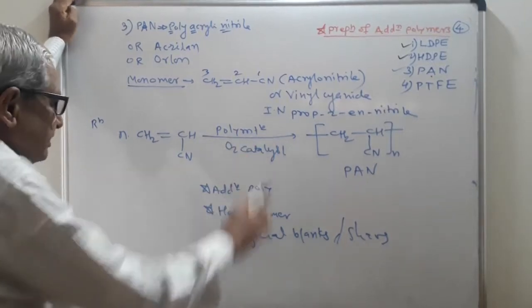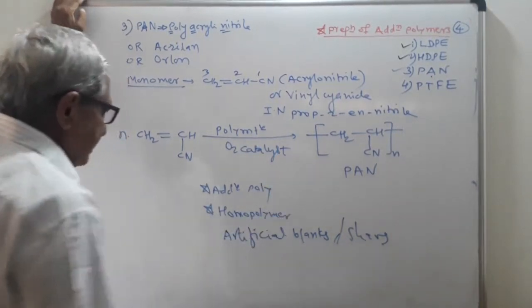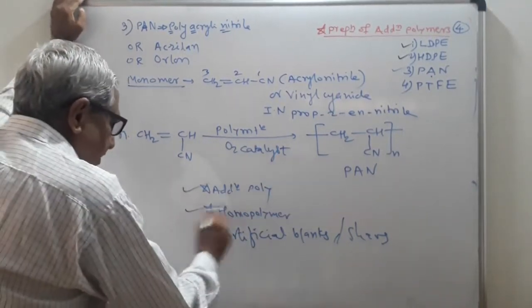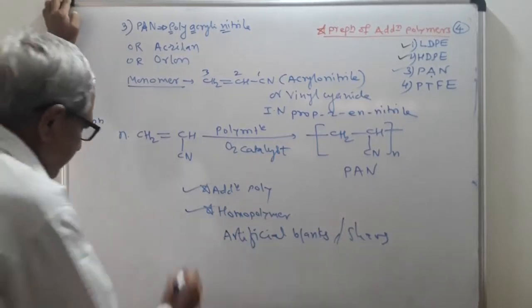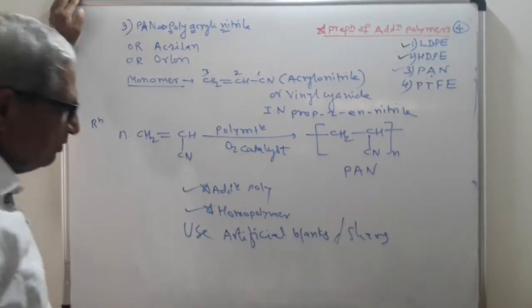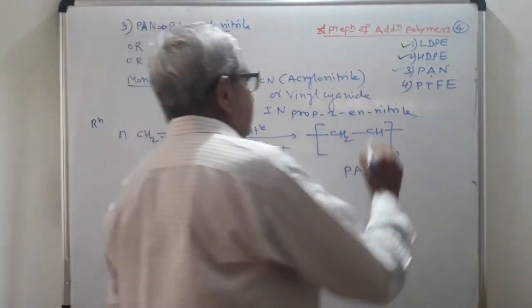See, this is the reaction. It is carried out in presence of an oxygen catalyst. It is an addition polymer. It is a homopolymer. It is used in the preparation of artificial blankets. Now, give the title here: